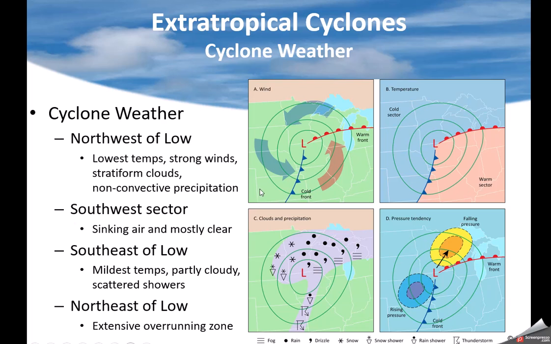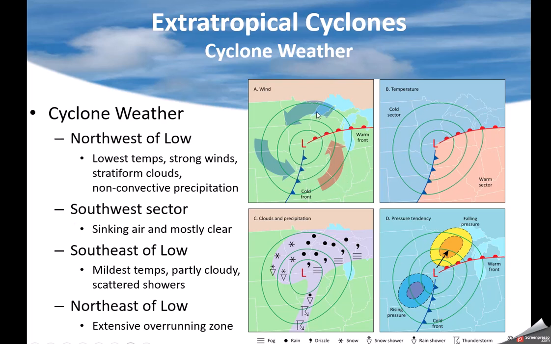Now, we need to understand a little bit of the different weather depending on where the low goes. So I've got a low that's sitting over Iowa. We could translate that low and put it over Ohio or over West Virginia. Depending on where you are and what sector of that low, that's what your weather's going to be. Warm sector, nice, warm, moist air coming up. You might get a shower, but probably some sun. You may even get a thunderstorm when the cold front passes you.